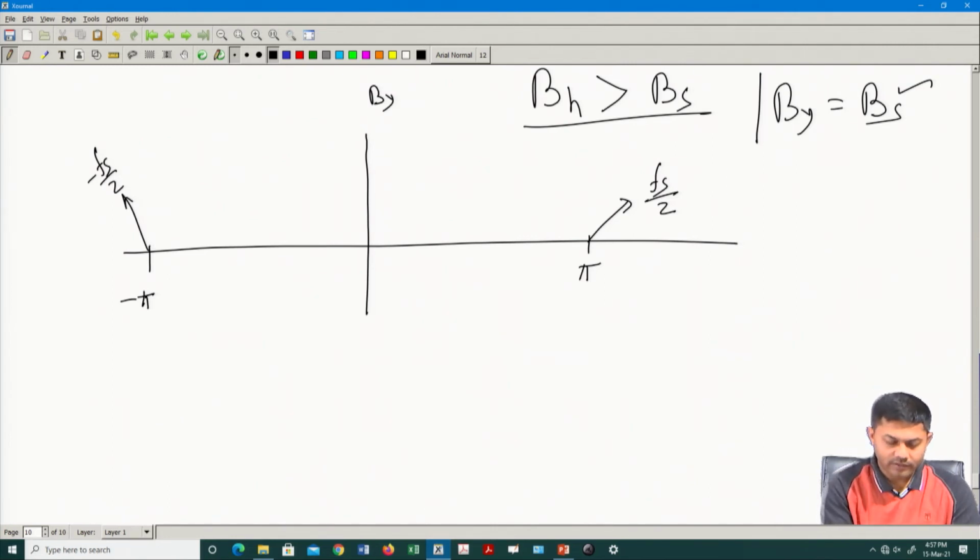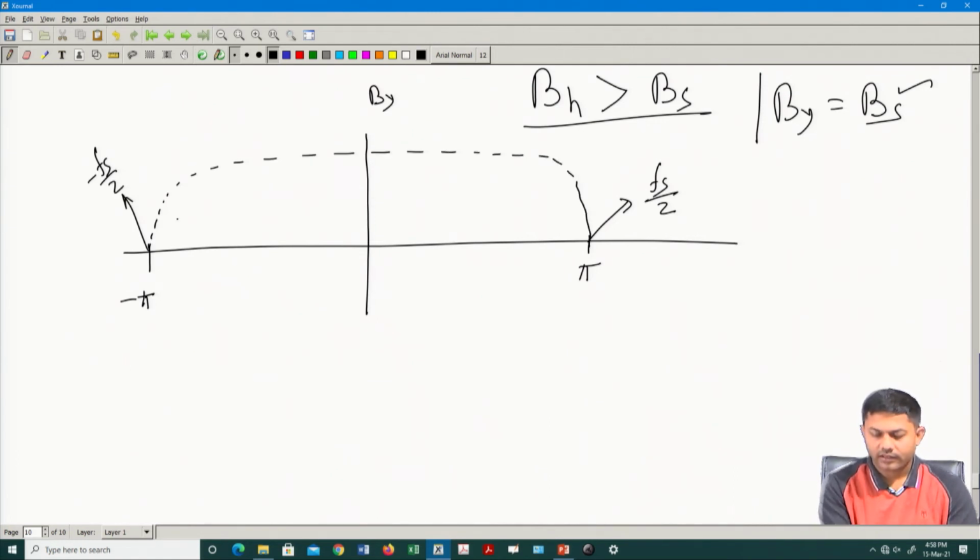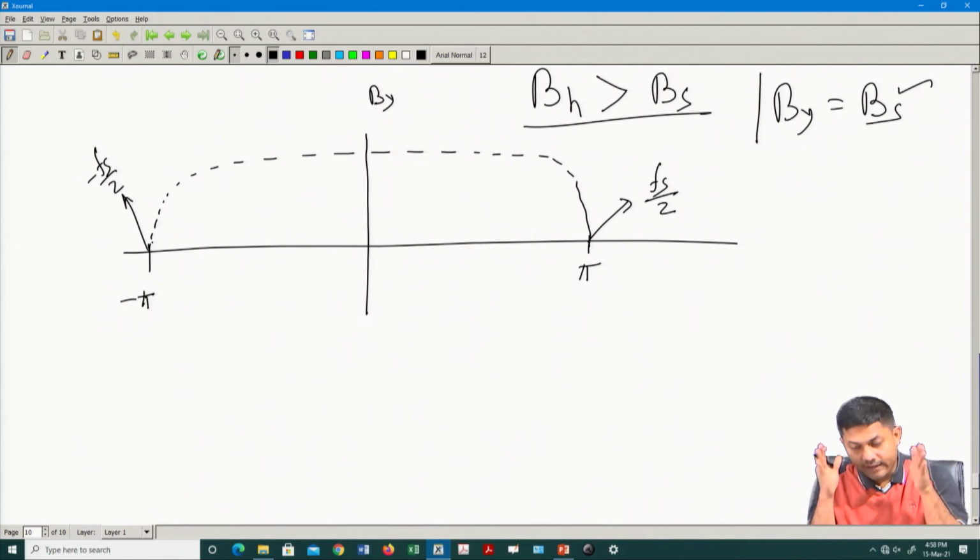So, what does it mean? It means that the whole Bs, that whole transmission bandwidth, exactly fits in my pi to minus pi without any distortion, without any component lost. Nothing will be happening. When can that happen? When whatever I transmit, everything I get back. Can I say if a channel is something like that?